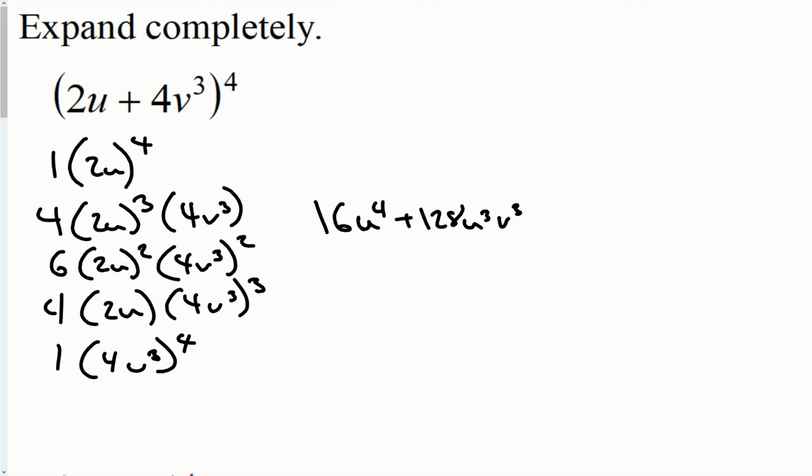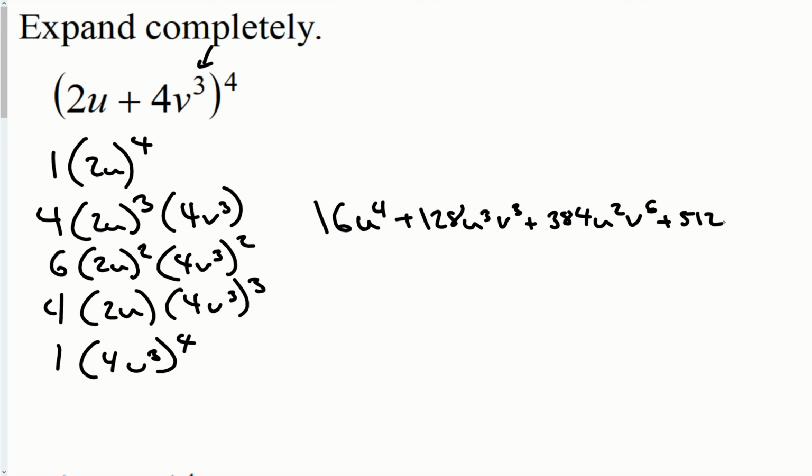Okay, so the u is going down by 1, but the v is going up by 3. Okay, next one. 6 times 4 times 4v to the third squared. So the 4 gets squared, which is a 16. So we have a positive 384u squared, power to a power, multiply the exponents together. Okay? 4 to the third times 2 times 4 gives me